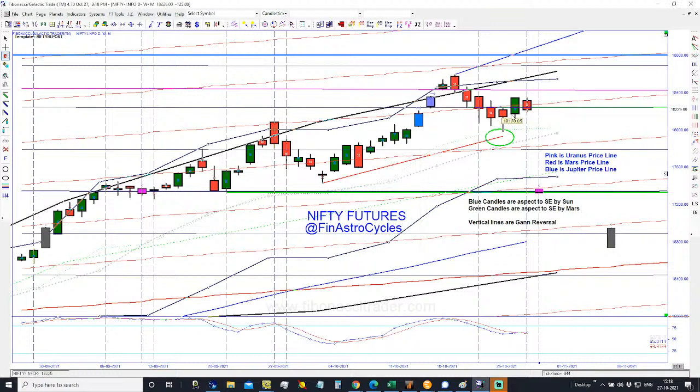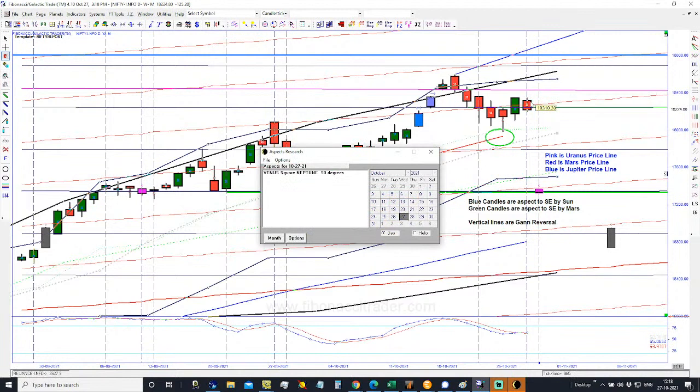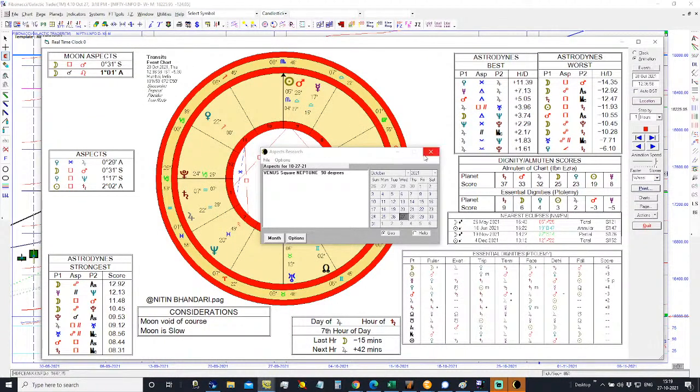So this could be an important high and low for tomorrow, as we know that we are in the month end, the last week of the month. So this is a monthly expiry for all the options and futures, not only indexes but stocks as well. So right now Venus square Neptune is in effect,